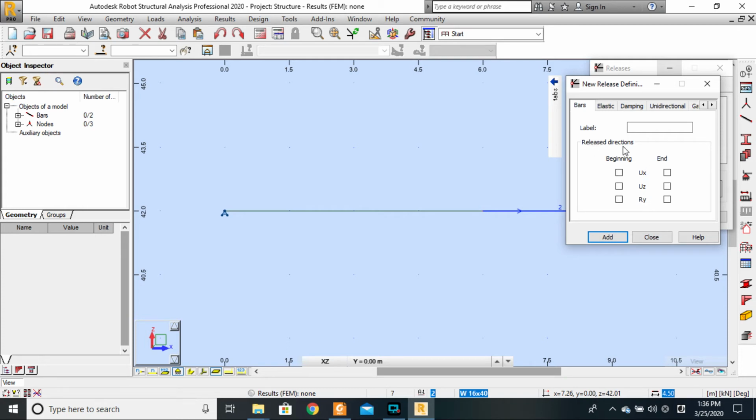This is what they tell you, release directions. What we want is rotation around the y-axis, okay? Here we have Z, we have X, and if there is any rotation, then it should be around the y-axis, which is the third direction. So we want to release it where? Let's release it at the end. The end means the second node of the bar, and the beginning will mean the first node of the bar. So let's label it as